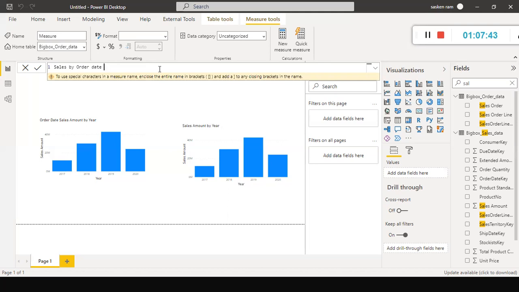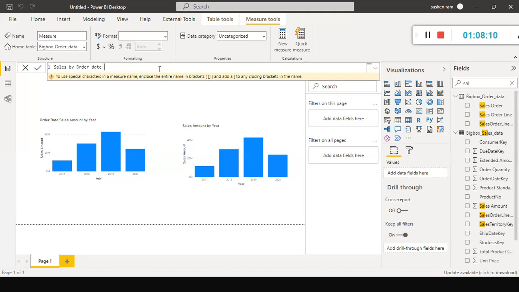For example, currently we have the active relationship between the date table and the sales table's ship date key. This is the active relationship. With this relationship itself, we cannot do filtering for order date as well as shipment date, right? You cannot filter the sales amount by order date and shipment date.